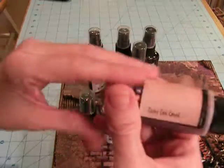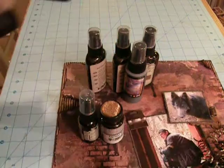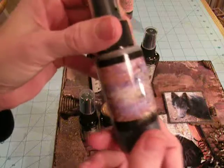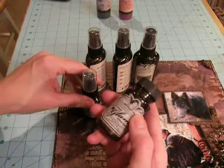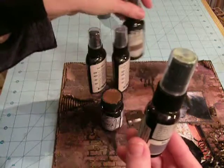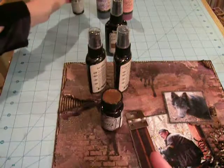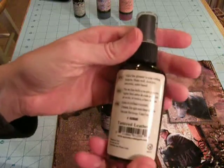I used the Lindy's Stamp Gang Cape Cod Coral to give a little bit of that orange brick color to it. I also used the Smoky Sapphire, which gave kind of a brown look to it. Then the rest is all Tattered Angels. I use the Black Magic pretty much for these big drips here over the top. I used the Tattered Leather,